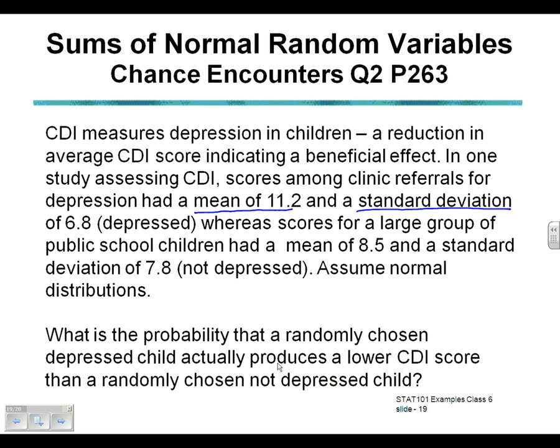6.8. This was a group of depressed children, whereas the scores for a large group of normal public school children had a mean of 8.5 and a standard deviation of 7.8. So if we assume they're the not depressed ones, and if we assume normal distributions, what we're considering here is the probability that a randomly chosen depressed child actually produces a lower CDI score than a randomly chosen not depressed